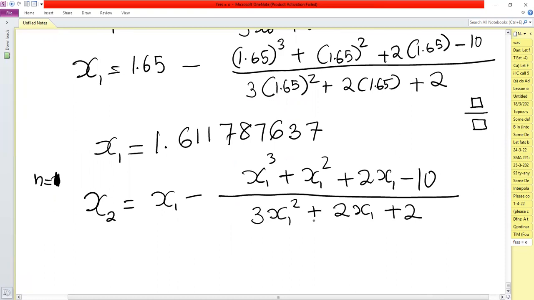And then you go to the denominator: 3 answer squared plus 2 answer and then plus 2, and press the equal sign. When you press the equal sign, you'll get x2 to be 1.1124